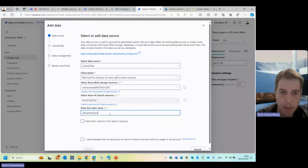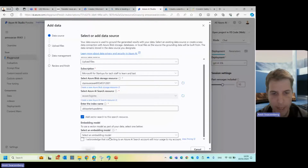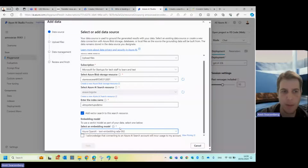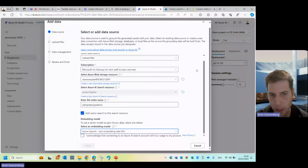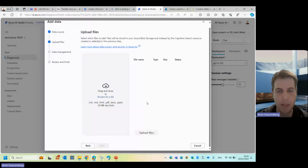Okay, and I'm going to add the vector search. And I need to deploy an embedding model. If you remember in the catalog, there was Azure OpenAI text embedding ADA. So I've deployed it. If you remember on the deployment, there was the meaning of all of the deployments. One was for completion, one was for embedding, one was for speech recognition. So you need to choose one for embedding, and I know it's going to cost money. I can always go and see the pricing,